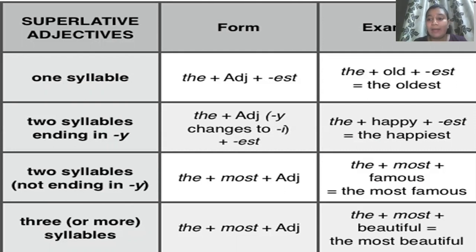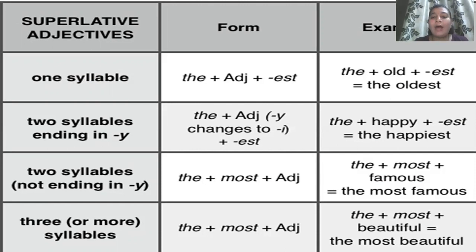There are always some exceptions where than will not be coming, but still we will use the adjective in comparative form, because the sentence will help us identify that in that sentence we are comparing two things or two persons, even without using the word than, but the adjective in a comparative form.